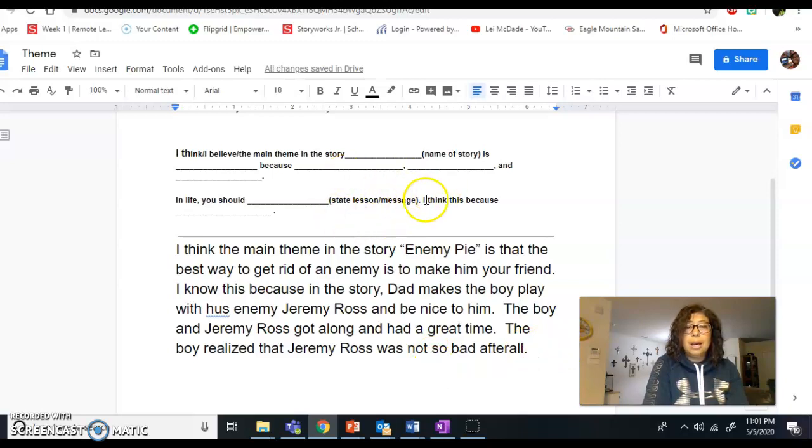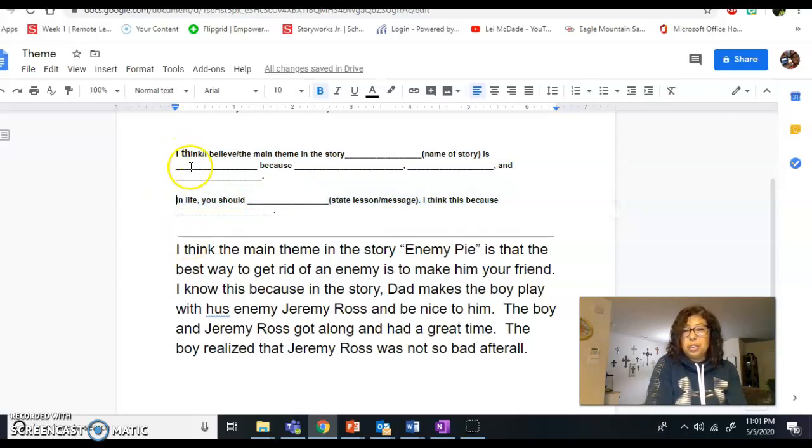here it says, I think this, or in life you should, and then that would be your theme. I think this because, so you can use either one. You can use this here to do your response, or you can state it like this, okay?